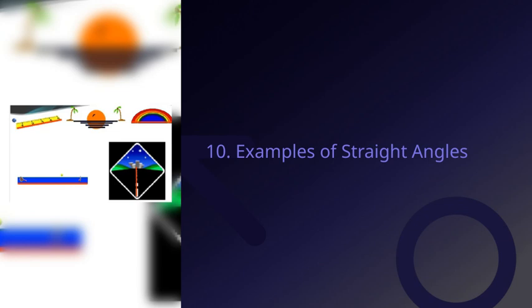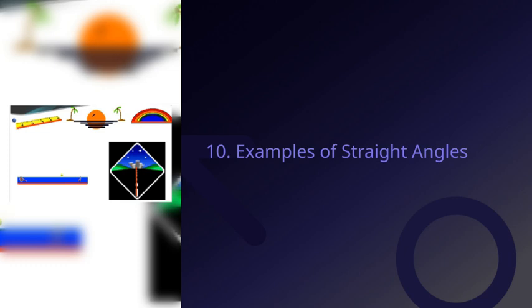You might recognize this in everyday life when you see a flat horizon or a perfectly straight road. These angles are important because they help us understand when two lines are opposite each other in a straight line. Recognizing straight angles can also help us identify when an angle has been extended or straightened out. As we continue, keep in mind how these angles are fundamental building blocks in geometry, connecting concepts like lines, shapes,